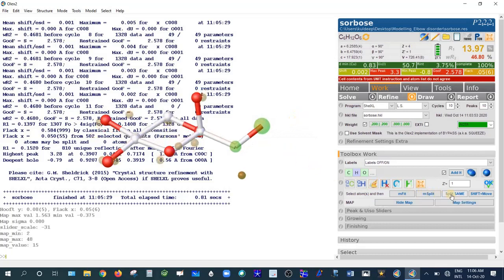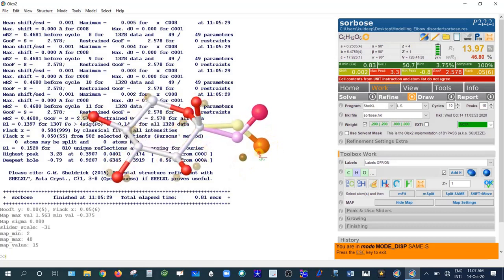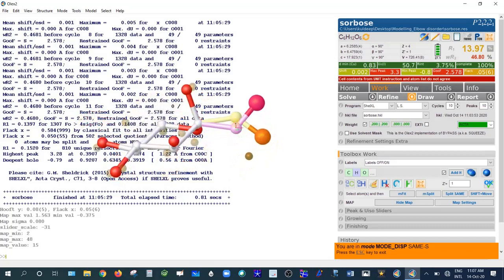Go to Split. It will become yellow. Then press the left mouse click and move like this. Okay. Now press shift and left mouse click and move. Move the carbon atom as close as possible to the other carbon atom.